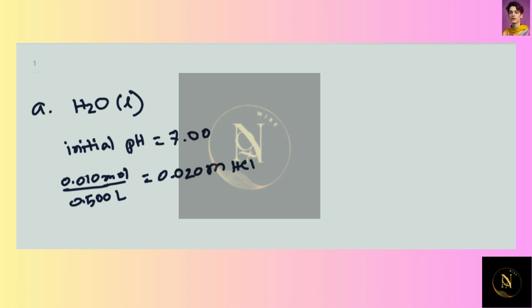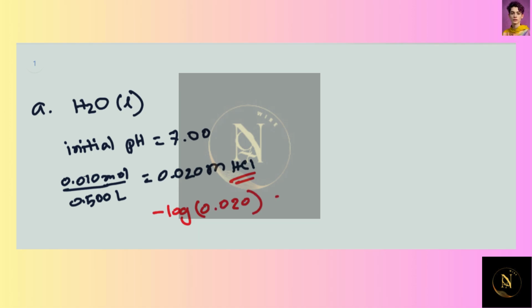So that is the HCl we are adding, and since HCl is a strong acid, it will be dissociated completely in the solution, and the final pH of the solution will be simply the negative log of this concentration, or the H plus concentration, which is